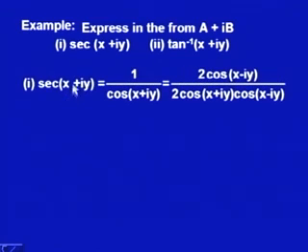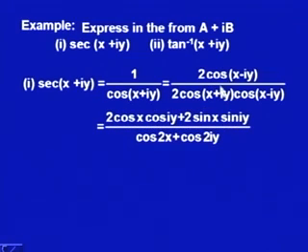So, first sec(x + iy) is equal to 1 upon cos(x + iy), and then I multiply numerator and denominator by 2 cos(x - iy), and this on simplification gives 2 cos x cos iy plus 2 sin x sin iy, and here we apply the CD formula. It is cos 2x plus cos 2iy,